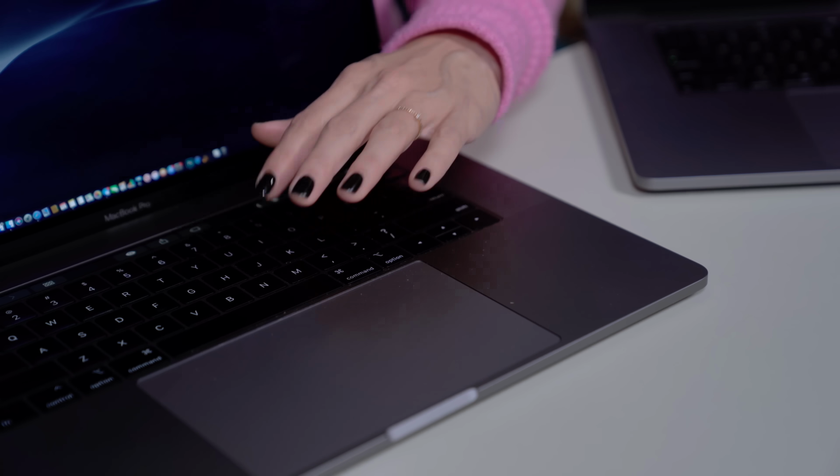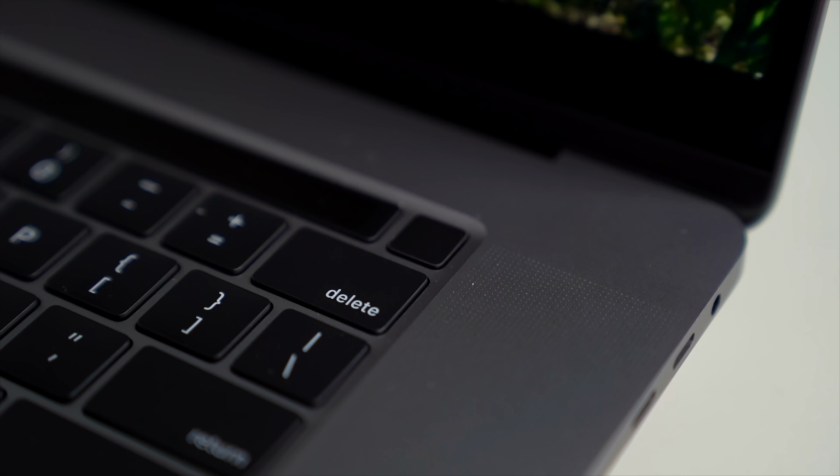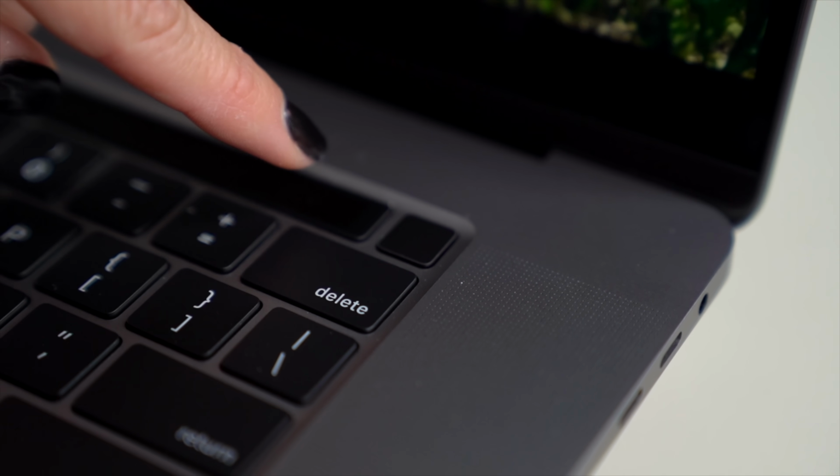So the keys are a little bit more tactile, so I feel like when you're pressing down, you actually feel like you're pressing a real key as opposed to the butterfly keyboard. It's a little more gentle, I guess you could say. But I'm really excited about these upgrades, especially having the separate escape key, the updated arrow keys, and also this standalone Touch ID button. I'll be doing a bigger video diving into some more of the great things about this